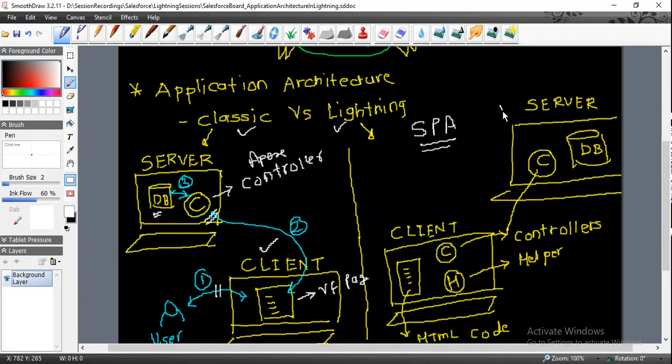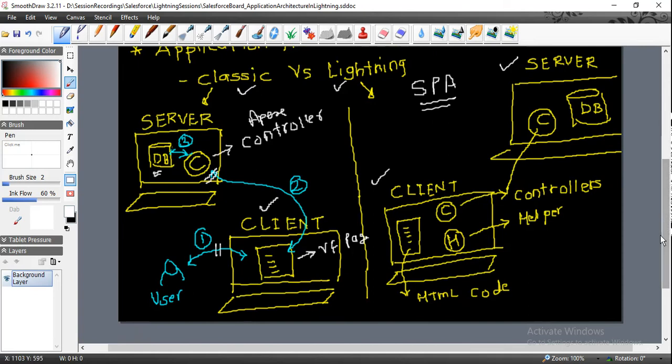So here also I will have server and client. Now have a look at the client side. What exactly do I have? I just have HTML code. Just like classic based version, we will have HTML code in this also. So HTML code will be there, but at client side we will have controller also, right? So this will be JavaScript which will be implementing some business logic. Some JavaScript code will be there and that will be executed at the client side. So remember that in single page application, lot of work happens at client side.